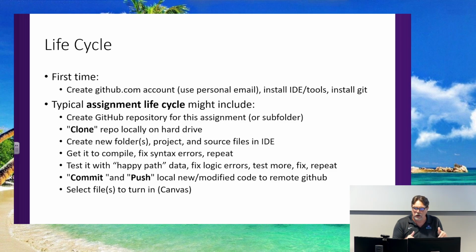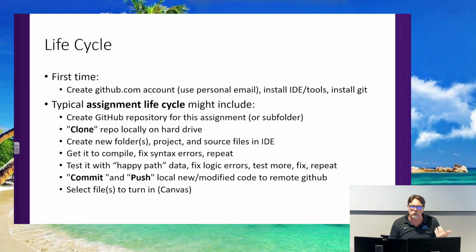Then when you're ready and you want to save them because you're getting ready to go home, or you're at home and getting ready to come to school, you push them. So you say git push, and it'll take all the files and push that version of those files out to the remote GitHub repository and just upload the current copy of them. And then, now they're saved. You'll go to Canvas and upload that file and turn it in. So that's your assignment lifecycle, in a lot more words than I probably required to explain it.